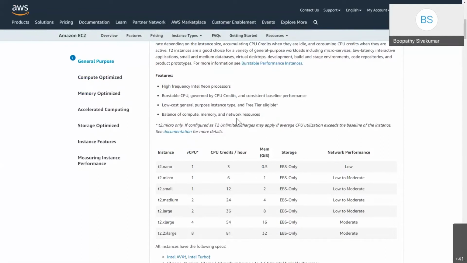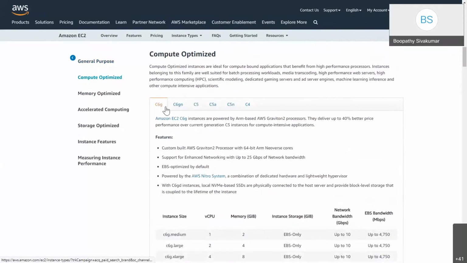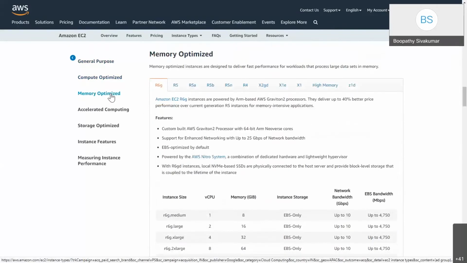Compute optimized means CPU optimized EC2 instances. We do have some workloads that are CPU based, so when we have that kind of application, we will choose a compute optimized system. And there are memory optimized systems where RAM is more important than the CPU, so for those cases we will use memory optimized instance types.